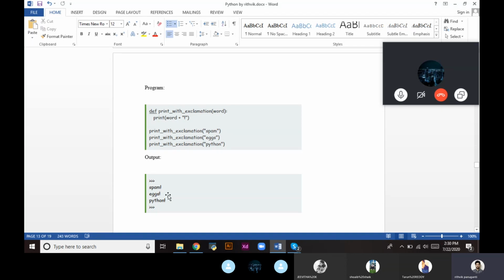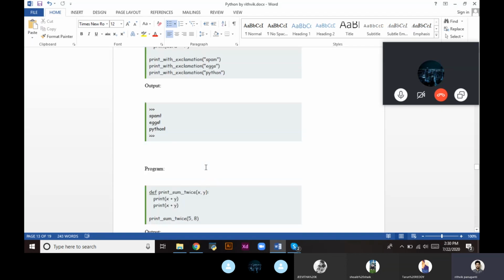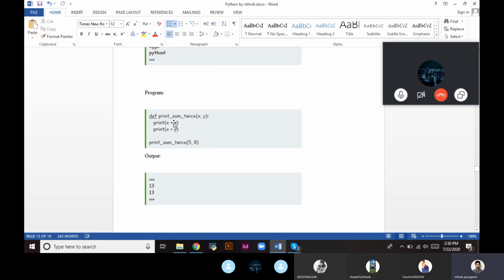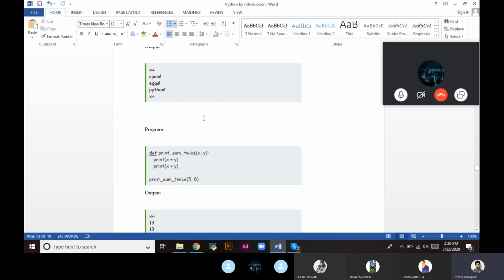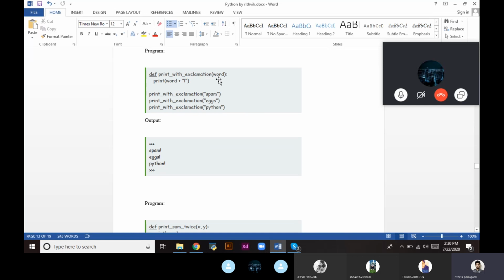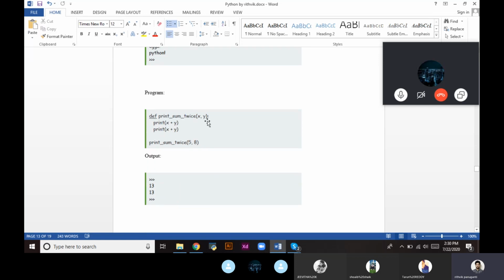The second will be python plus exclamation. This is the output. Now, using a sum: define print_sum_twice, where we are printing twice the sum of x and y. In the above example we passed a single argument, and now we come across two arguments.